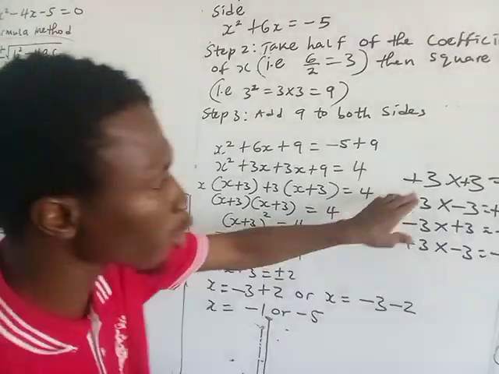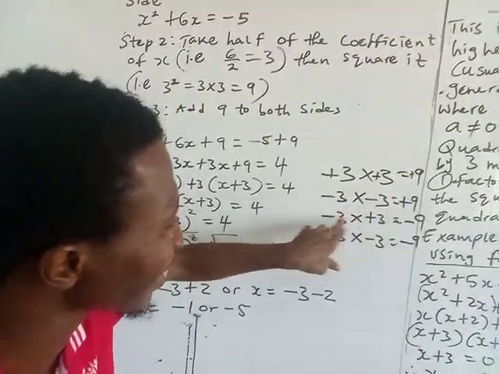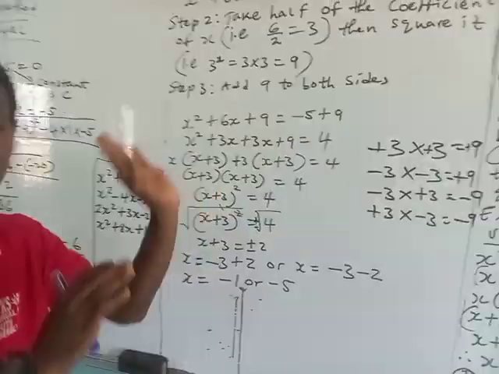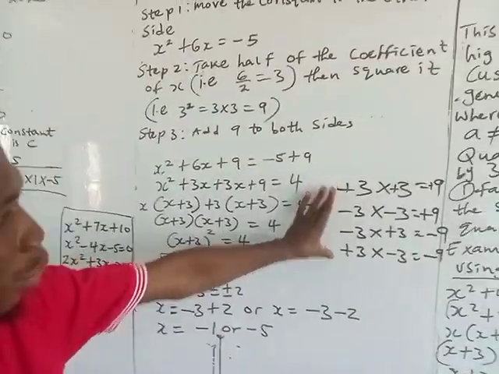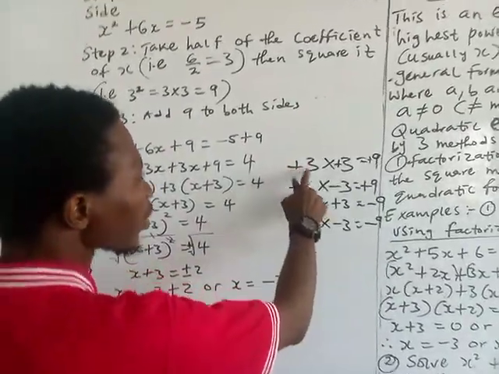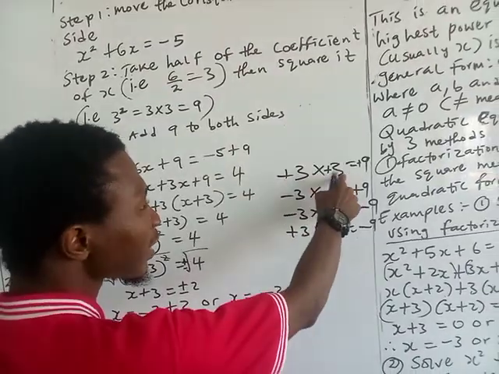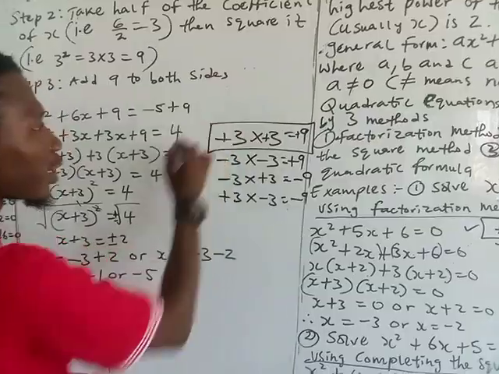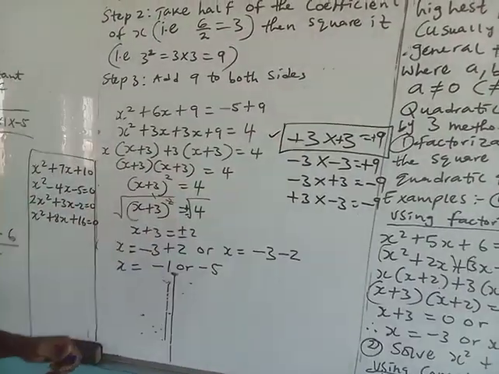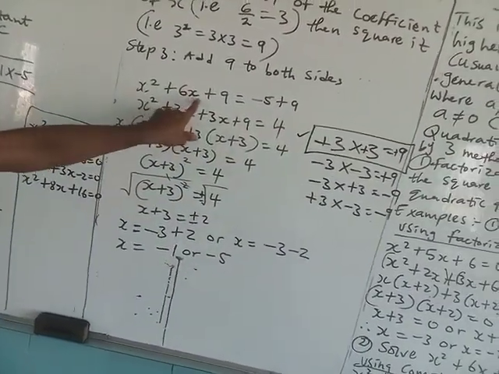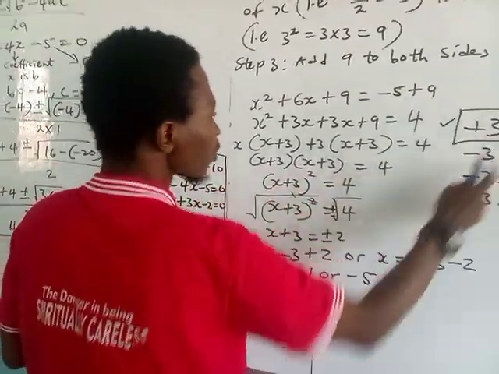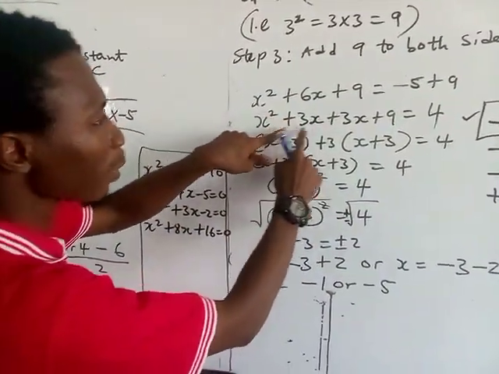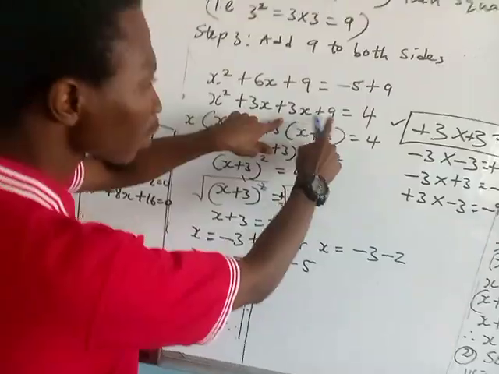So which of them are we going to add that will give us plus 6? That is what we will use. Which one are you going to add to give us plus 6? Plus 3 plus 3 will give plus 6. So the first one is the right one for us to choose to replace 6x. So if we use 3 to replace 6x, we now have x squared plus 3x plus 3x plus 9 equals